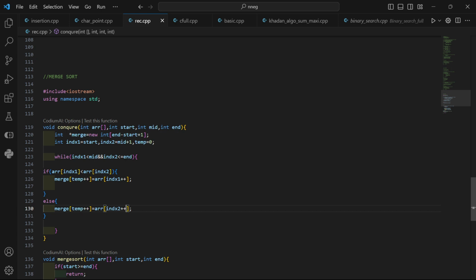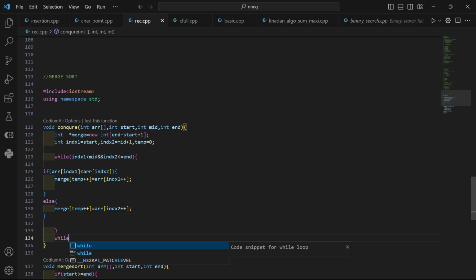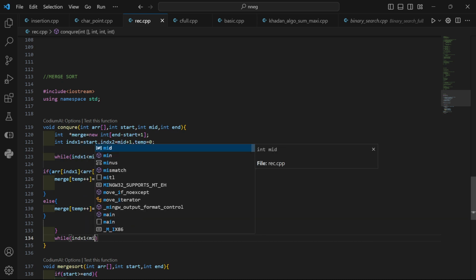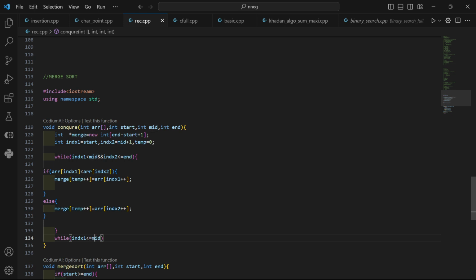Okay, and what happens if this while loop ends, then again some part of the array will remain left, so I want to use a while loop again: while index 1 is less than mid, less than or equal to, I can use, then again I want to store,